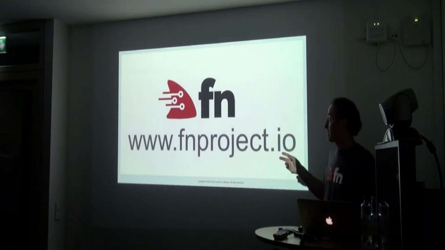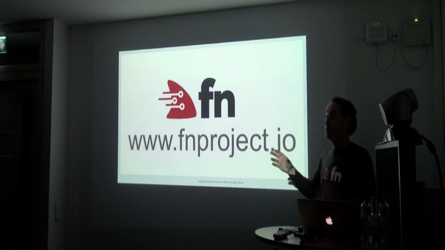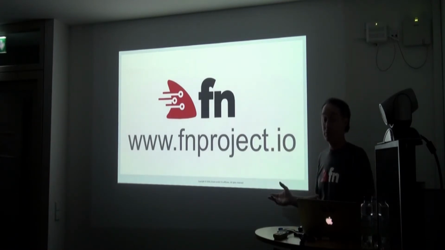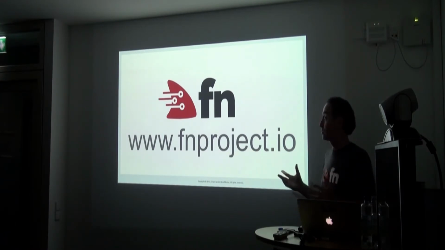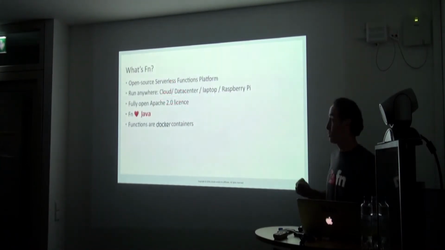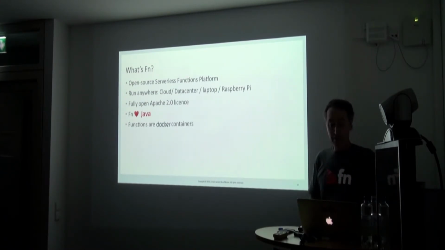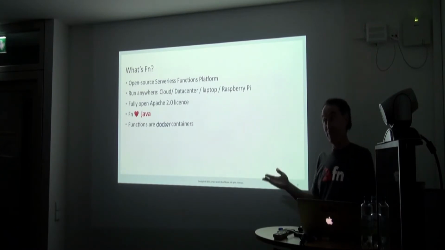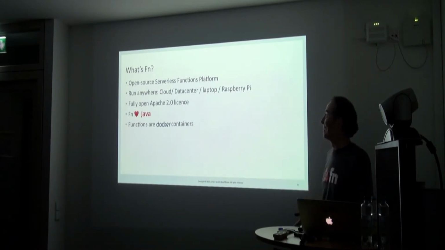So I'm going to talk in the context of Java in general, and then use the Fn project I'm working on as an example, because we have really good support for Java. We'll see what it looks like, and we'll see how it works within the context of Fn. Some of the answers are general, some of them are solved particularly by Fn in terms of what we're trying to achieve here for Java. So Fn, it's open source, it's on GitHub, it's Apache 2, so anyone can use it, very permissive license. I'm going to run it on my laptop today. You can run it anywhere. Apparently, you can run it on Raspberry Pis because we saw a guy did it.